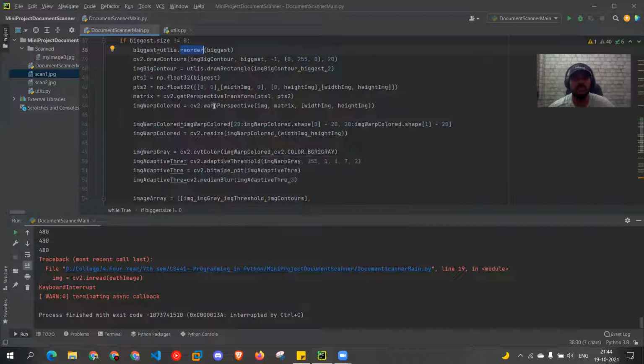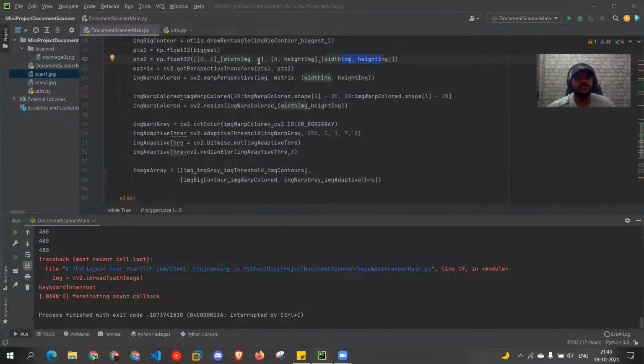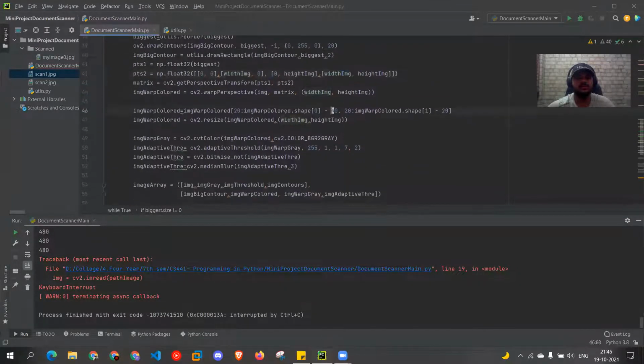Our annotations are 0 0, then width 0, 0 height, and width height. And then I'm removing 20 pixels from each side to remove the bend from the image.